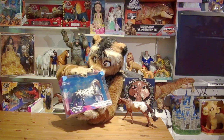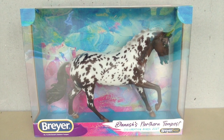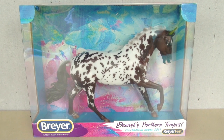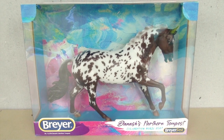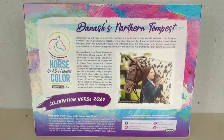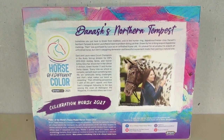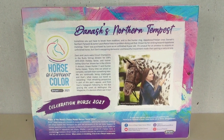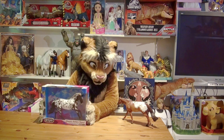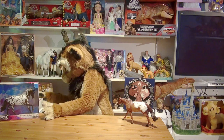On the cantering warm blood mold, take a quick look on the box. The box comes in an attractive color scheme, of course, since the theme was horse of a different color. On the back it has, as always, the story about the horse, an attractive photo. It's pretty cool. If you want to read it, just pause the video here. And I'm going to put that here, and I'm going to show you